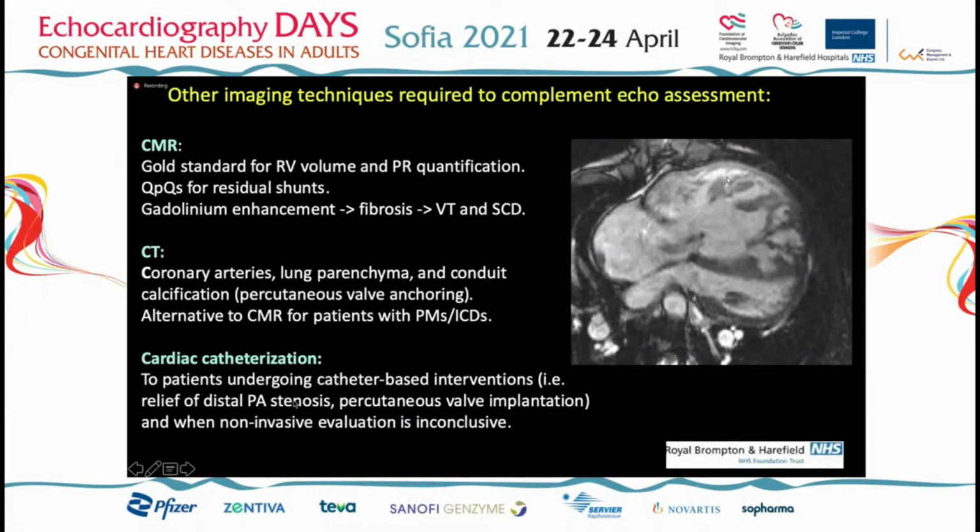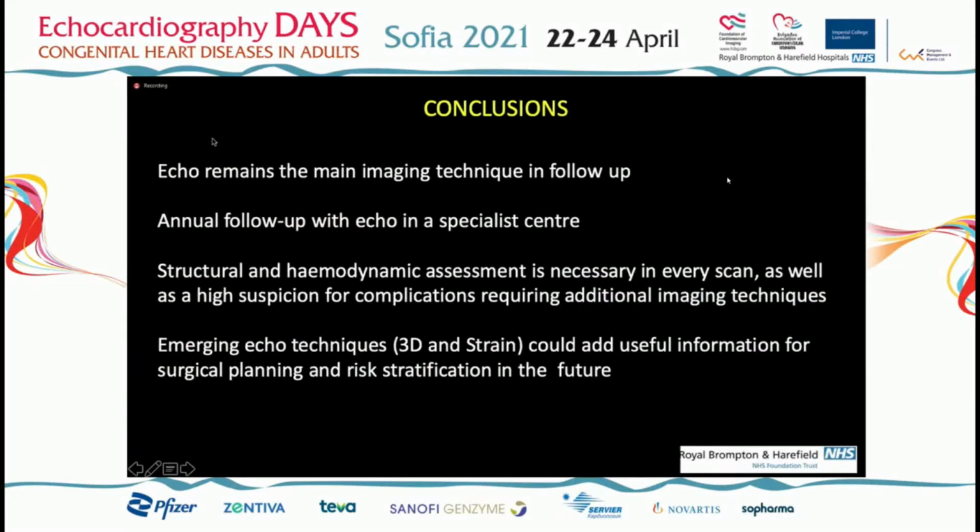for the first time, but also for patients who might have residual peripheral pulmonary stenosis that could be treated percutaneously, and for patients who have severe pulmonary stenosis at the valvular level or severe pulmonary regurgitation, which are candidates for pulmonary valve replacement percutaneously. Yes, so just to conclude, echo remains the main imaging technique during follow-up, as well as